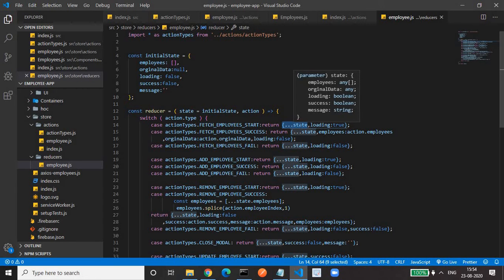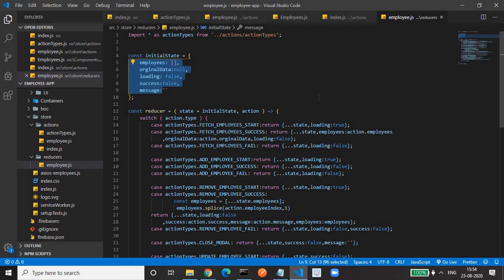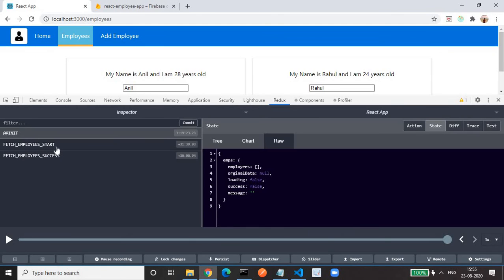It will take the entire state, then whatever you want to update, we have to configure here. So triple dot state will spread all these properties, and we want to update only the loading, so I am making loading true. That will be updated. So when loading is true, that's why we see the spinner when this action is triggered.